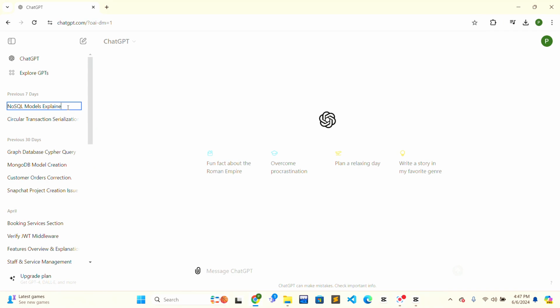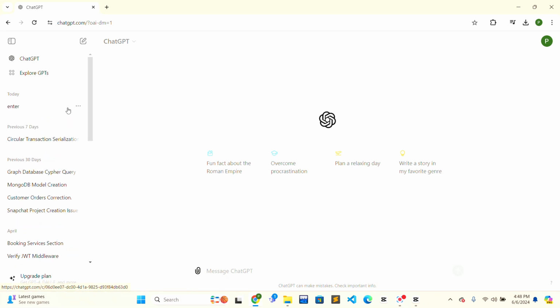Now you can just delete the text that was previously the topic of the chat, and you can just enter your own chat name and press enter on the keyboard. After that, you have renamed your previous chat successfully. So this is how you can easily rename previous